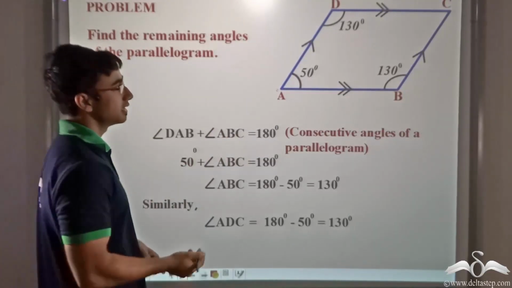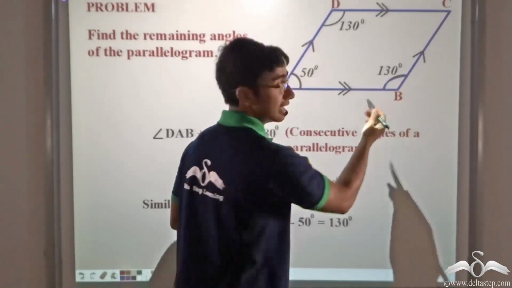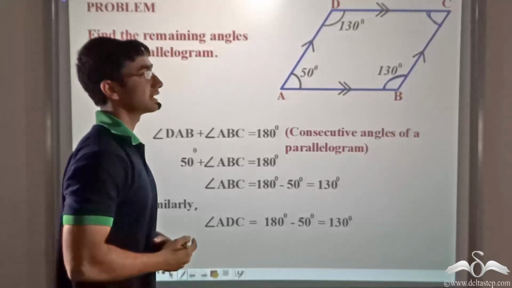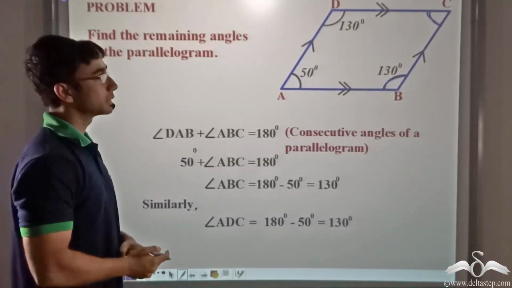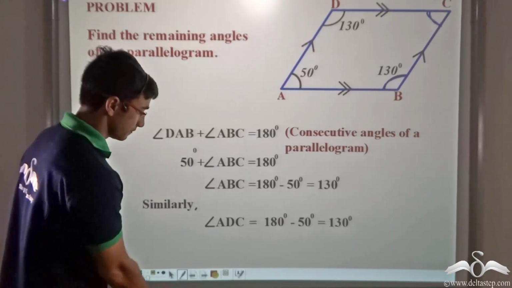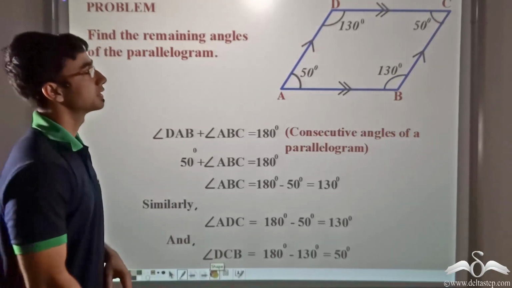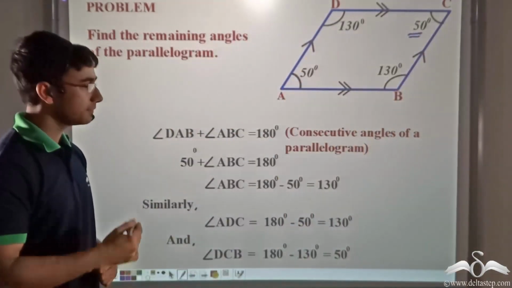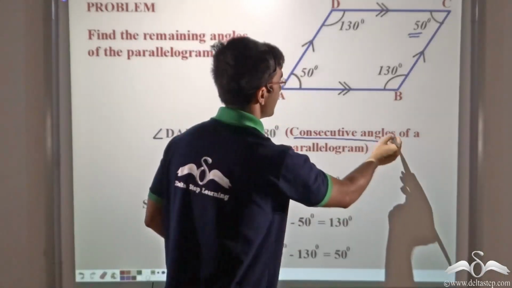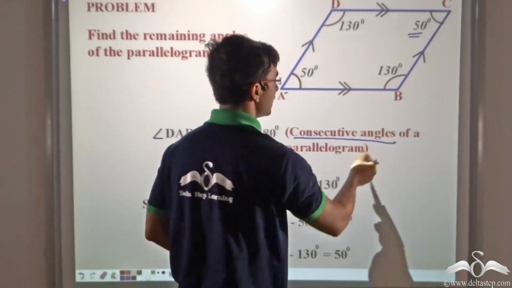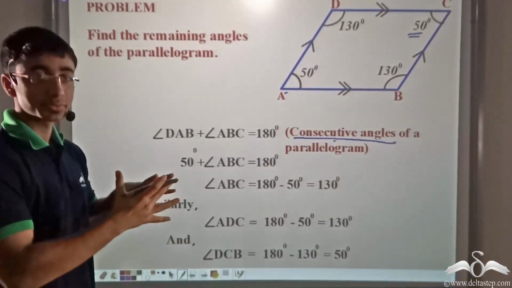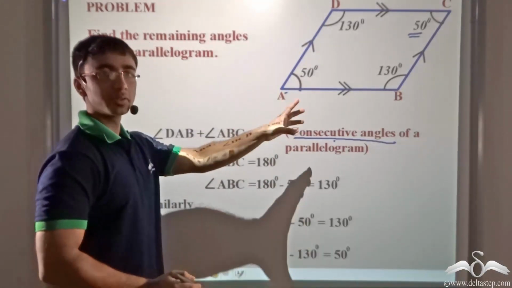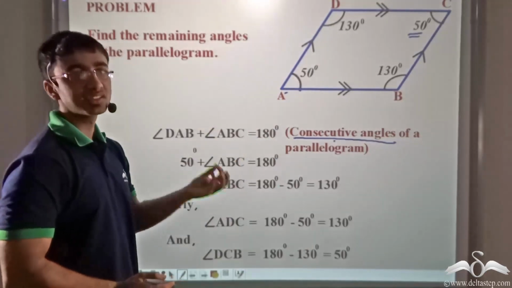And again in a similar manner, considering angle ABC is a consecutive angle with angle BCD, that is this particular angle, and they will be supplementary as well, we can easily find out the measure of that angle. So angle DCB, that is this particular angle, will also be equal to 50 degrees. Why? Because angle ABC and angle DCB are consecutive angles. So it was in this way, knowing just one value of one angle, that is angle DAB, Raghav was able to measure all the other three angles using this particular property.